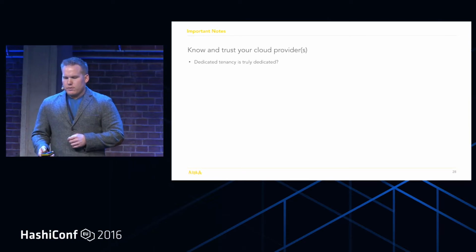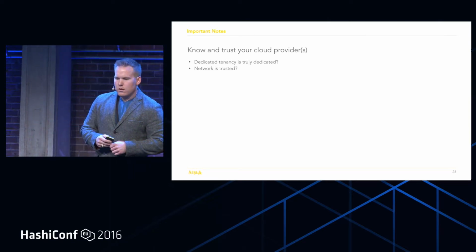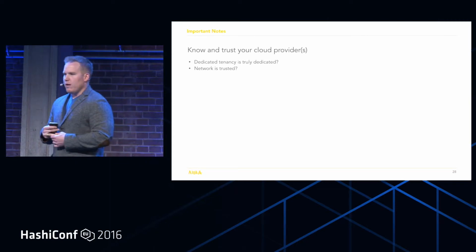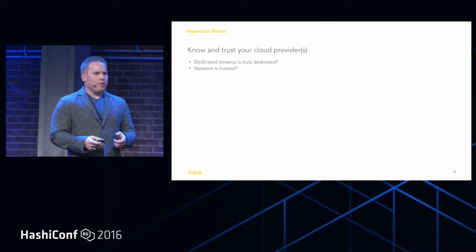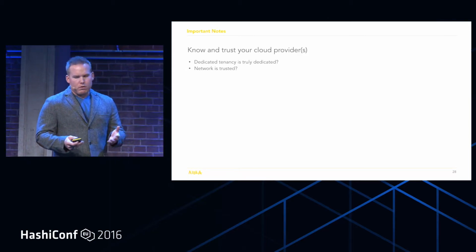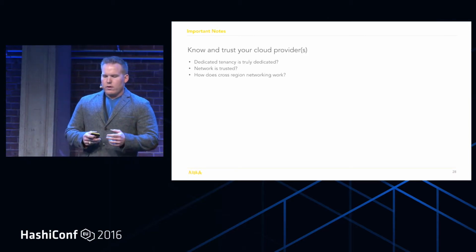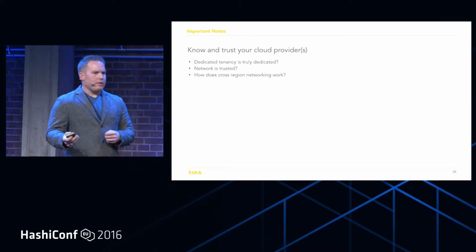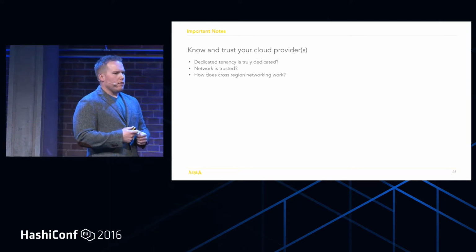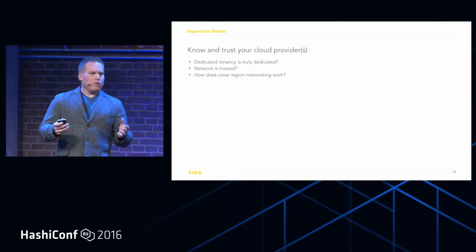Is your network actually trusted? What does it mean when I'm setting up network rules and when I have private internal routing? Or does the cloud provider provide private internal routing at all? How does one network across regions? Is that secure? If you're detecting cross-regional traffic, would you trust that by default, or do you have to investigate